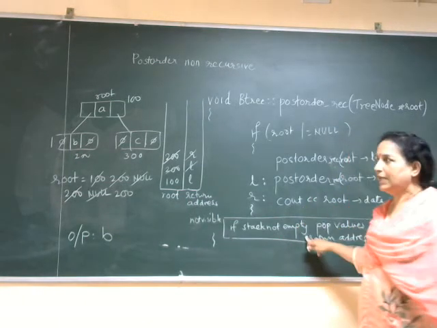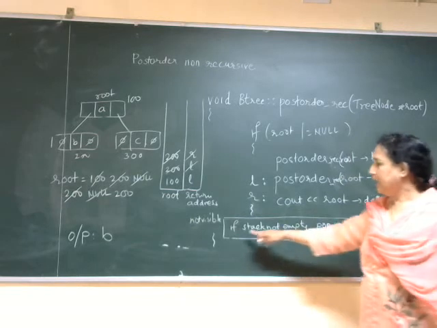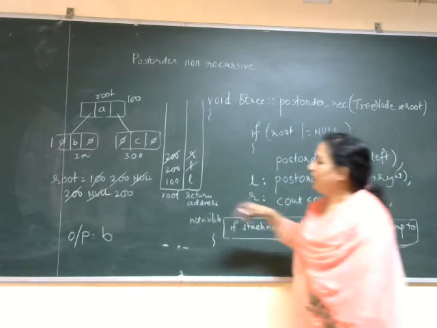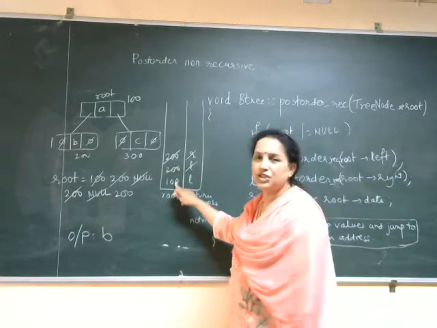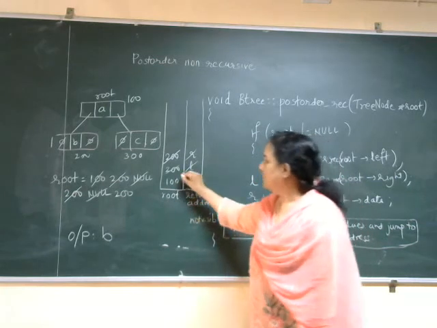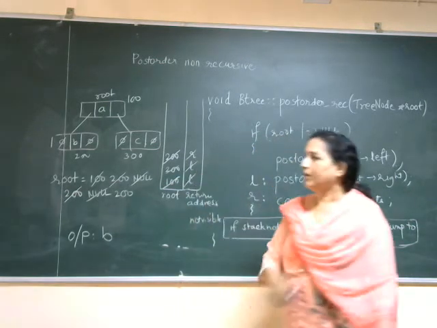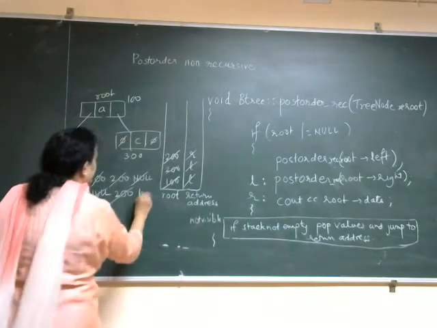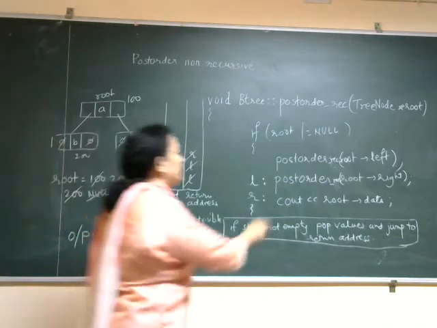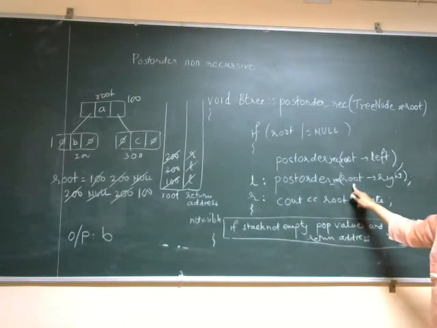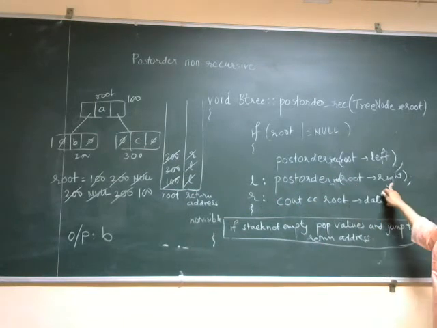Okay. Now next, I have displayed root pointer data, that is B. So I'll come to next statement. So which is next statement? If stack not empty, pop values and jump to return address. So I'll pop which is value inside stack. Now the value inside stack is 100 with L. So I'll delete this. Okay, I'll pop this and now my root value will be 100 and return address is L. So if return address is L, what will happen? Now it will go to root pointer right.